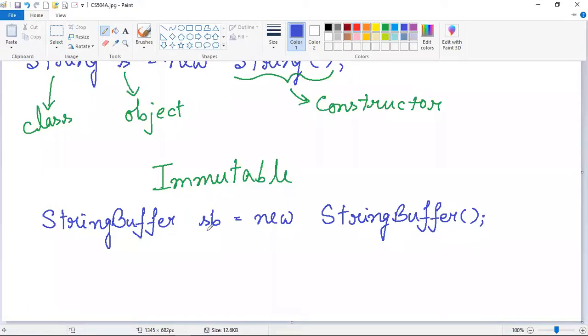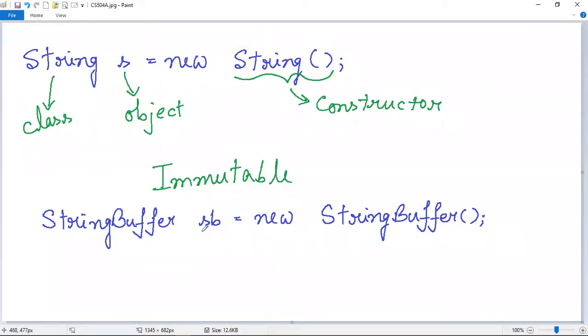As you can see here, this sb is the object of the string buffer class that I have just created, and string buffer is another class that Java provides in order to create mutable string objects in Java.